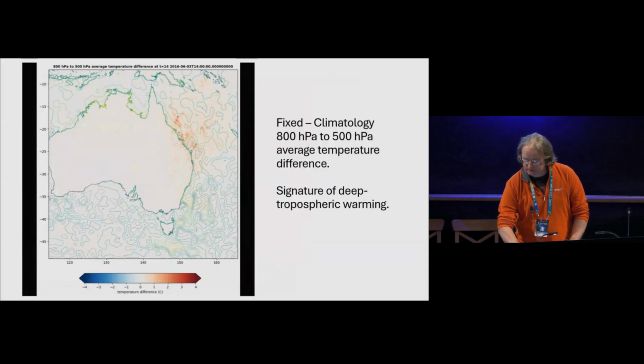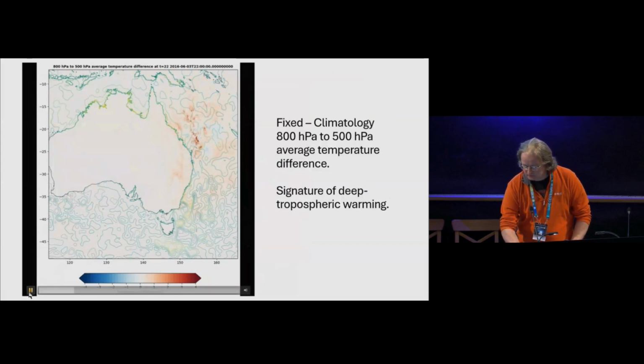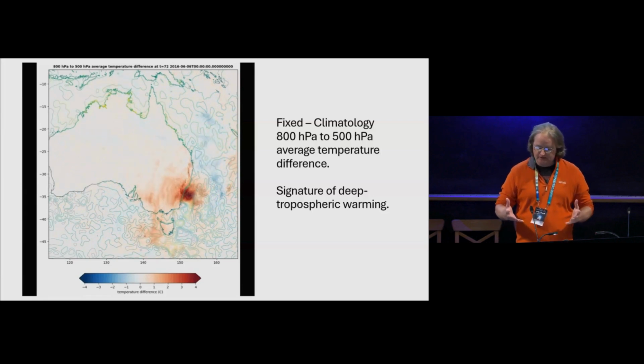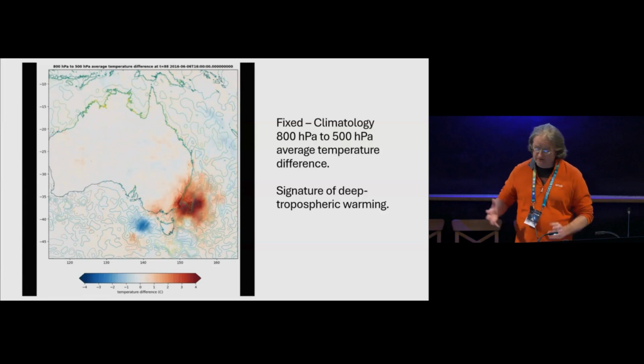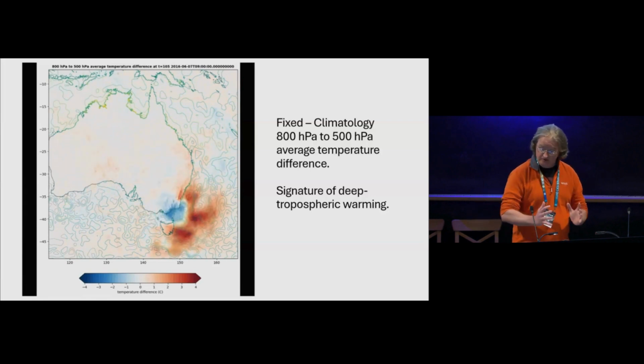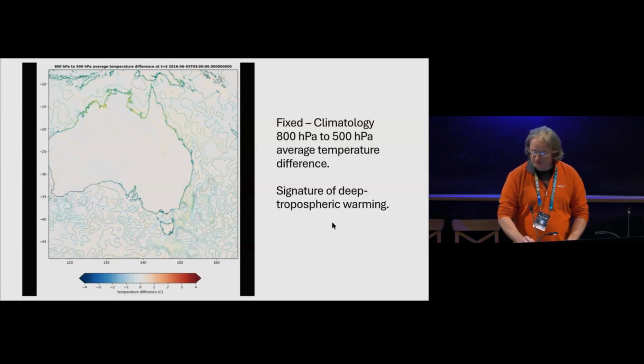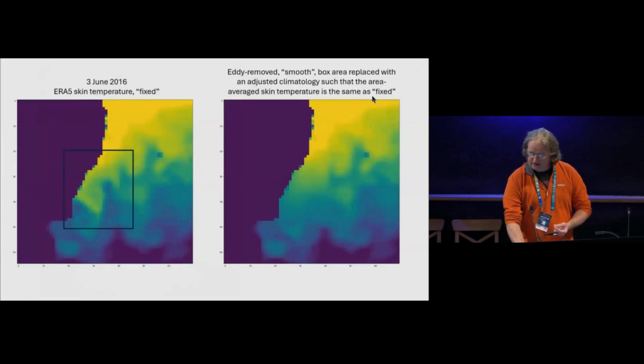And is that going to play? This just shows that you get a signature from those warmer SSTs that is warming the deep troposphere. And then you see this big warming, a large area that is 3 or 4 degrees above normal that develops as that low pressure system rapidly develops. So this is the sea surface temperatures having an impact that gets concentrated. So by the end, you don't see